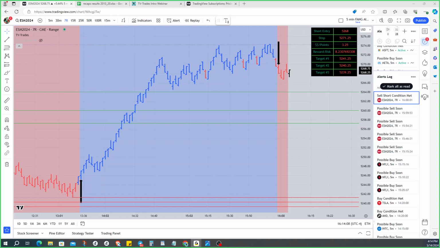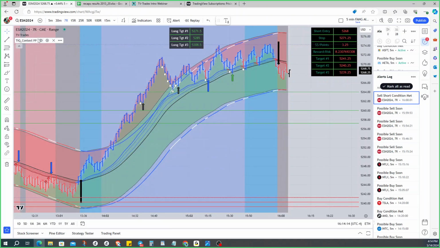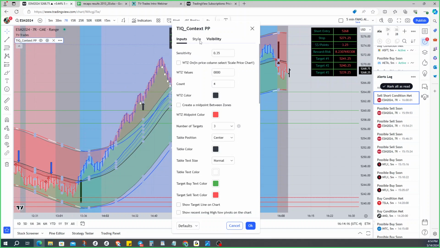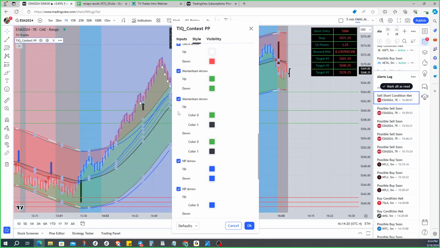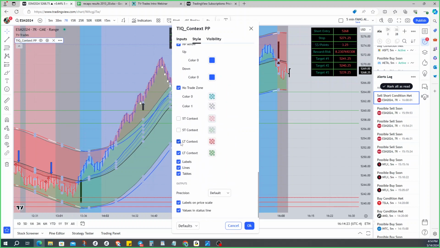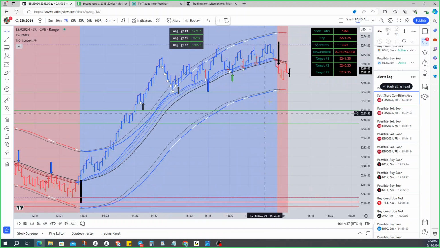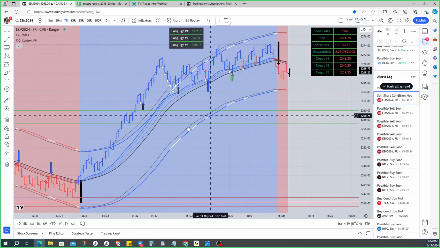Can I show with the ribbon one more time? Yeah. Let me show you this a little bit different with the ribbon. Okay. Let me do something different here. You want to see it with the ribbon, but let me shut some things off in here. Like let's get rid of the context. We'll get rid of the no trade zone. So there. Now it's just TV trades background colors